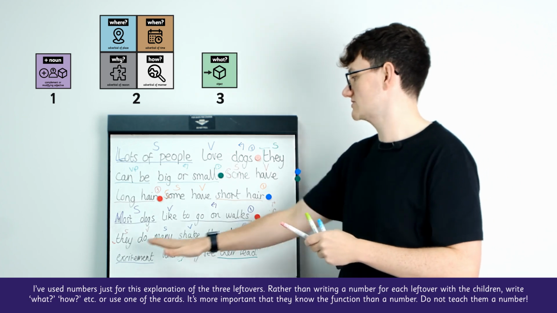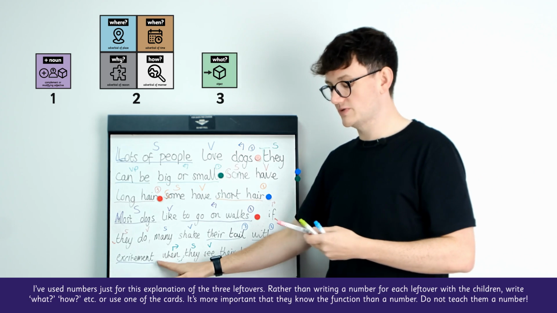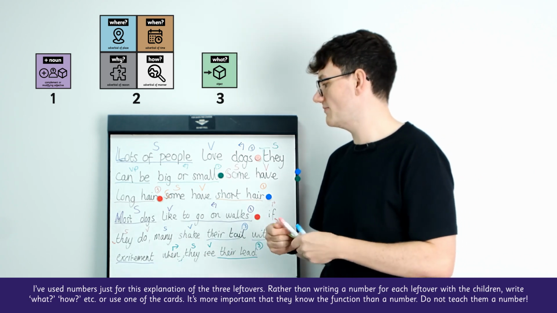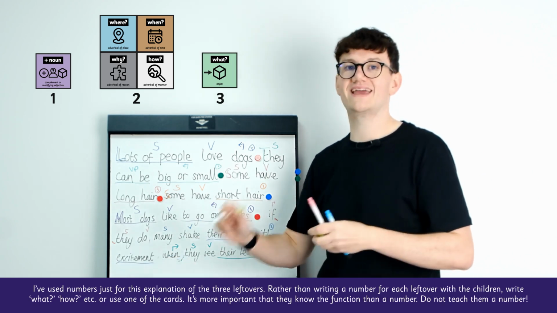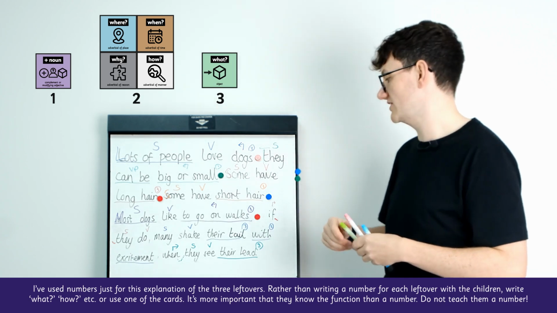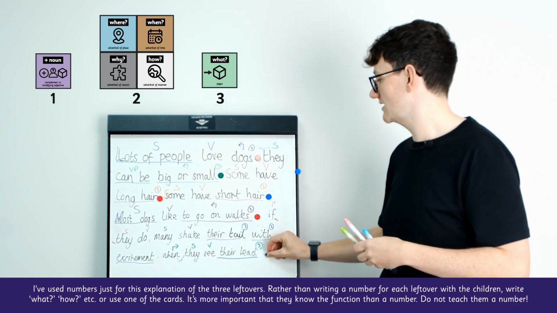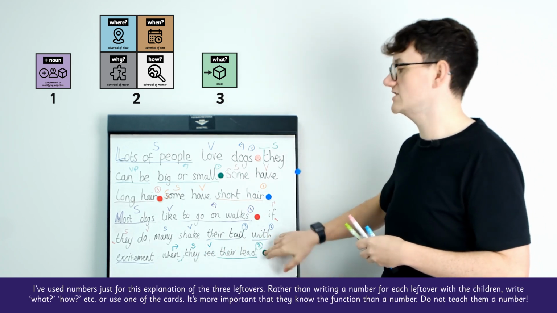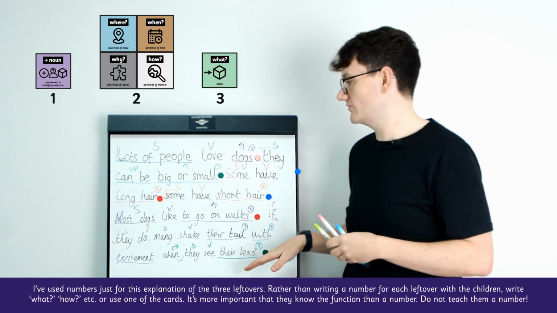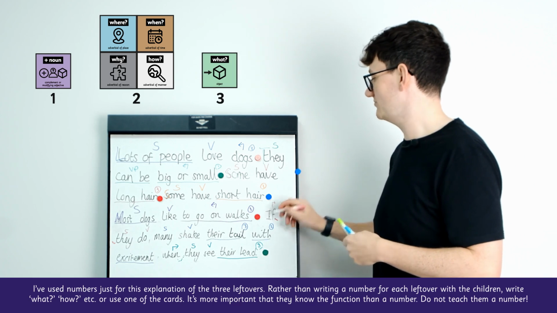Many shake their tail with excitement. Then we've got another subordinate clause here. So it would be a choice to put a comma or not put a comma. It's up to you. You do not have to. It's clarity over convention there. And then, of course, tell me when do they stop seeing here. So that's the end of the entire sentence. So we can now put that full stop and we can go back to the beginning and add a capital